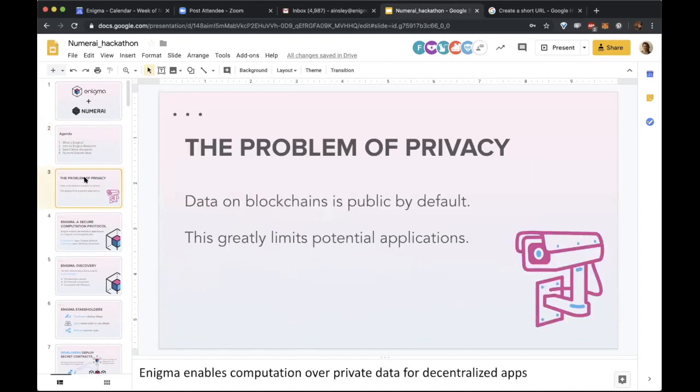One of the reasons that Enigma exists is basically to help bring data privacy to blockchain-based applications. All data, as you know, is public by default, which does place pretty significant limits on what kinds of applications can be built, as well as what kind of applications can be built easily. So, for example, there are things like,